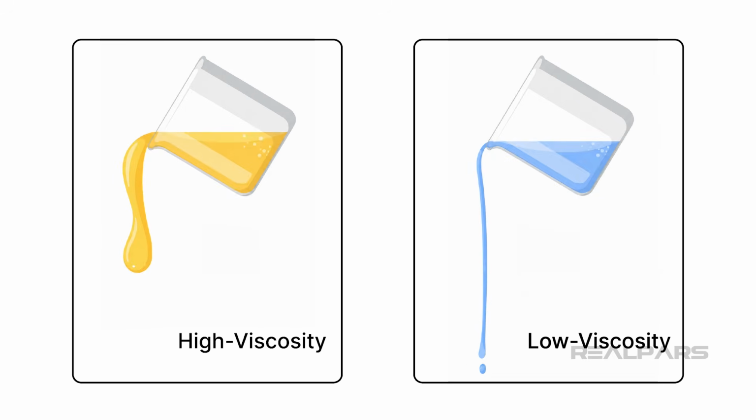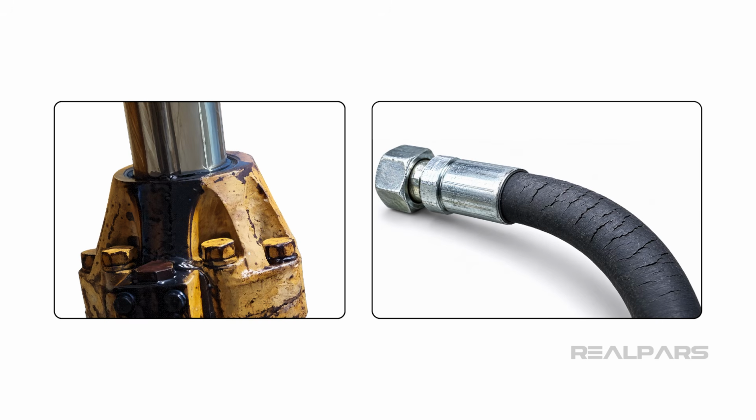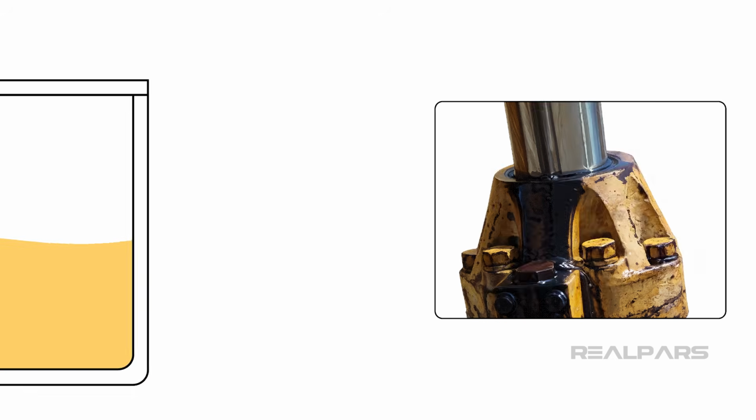In addition, we'll cover fluid viscosity and the difference between low viscosity and high viscosity fluids. You'll learn why viscosity is important for hydraulic system performance and efficiency. And at the end, you'll learn about common maintenance practices, like inspecting for cracks and leaks, and checking breather caps